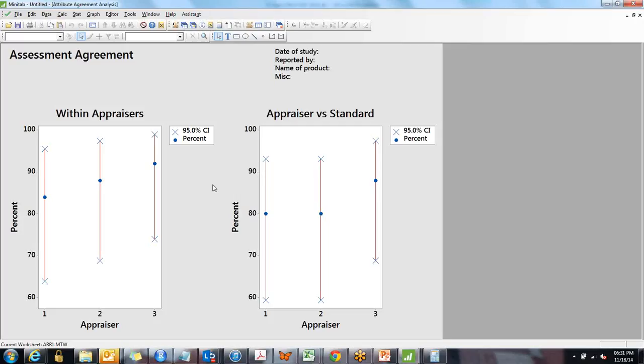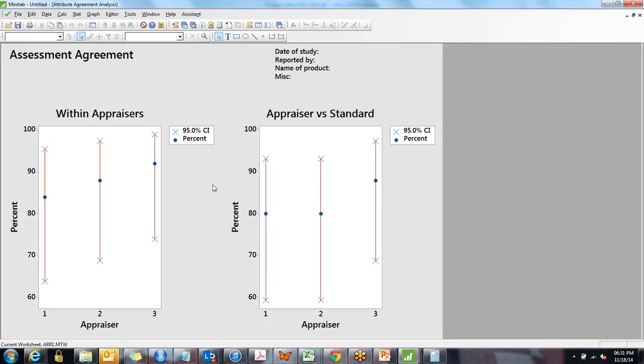Right? So, in order to identify all those things, either you do gauge R&R or you do attribute agreement analysis. When do you do gauge R&R? You do gauge R&R if the data is continuous data. For example, processing time, call resolution time in a call center. So if it is time or cost or something like that, it's continuous data. If data is continuous, you do gauge R&R.